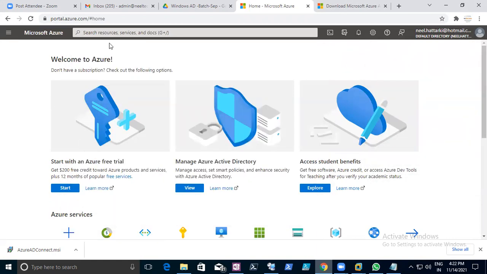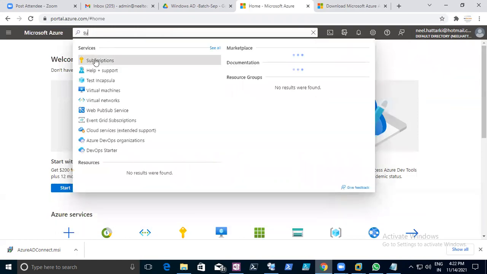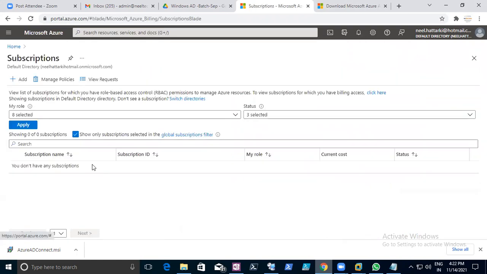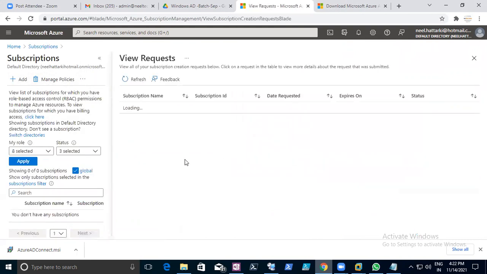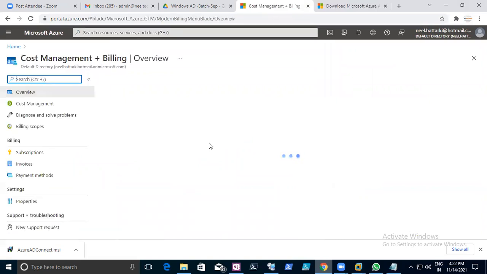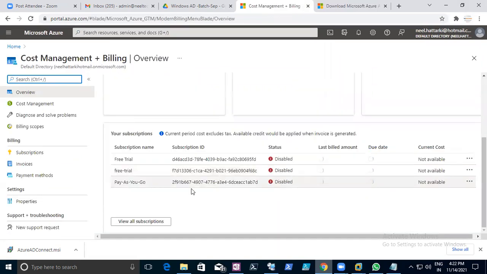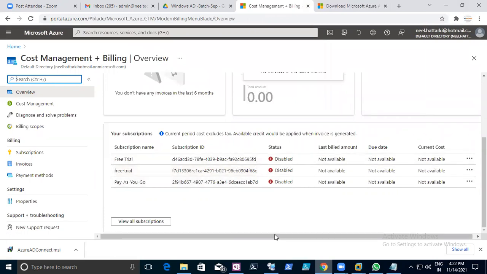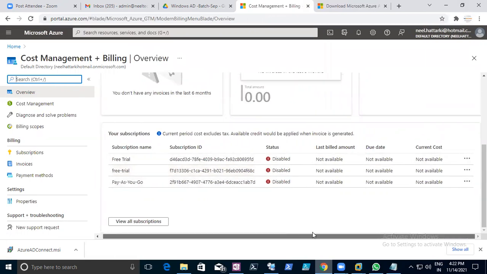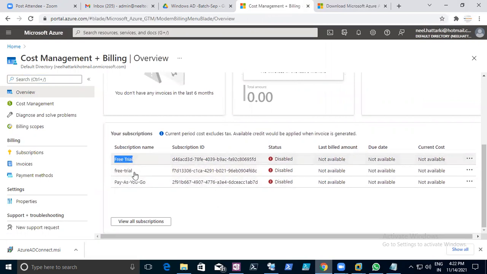You can see here the subscription, and cost management. When pay as you go is also disabled, the free trial is gone, and one more free trial is gone.